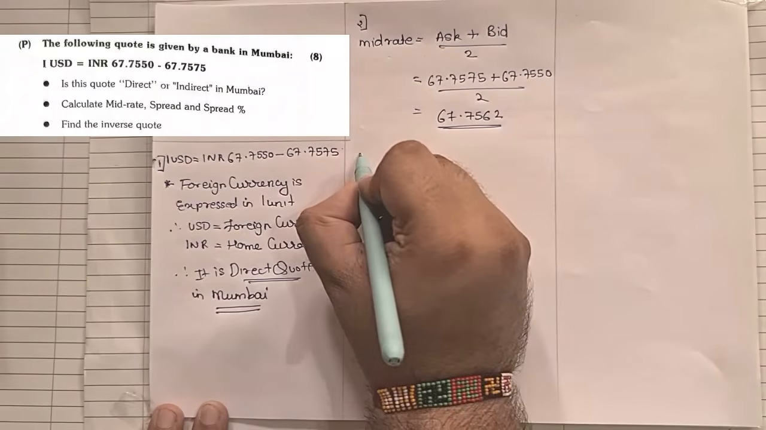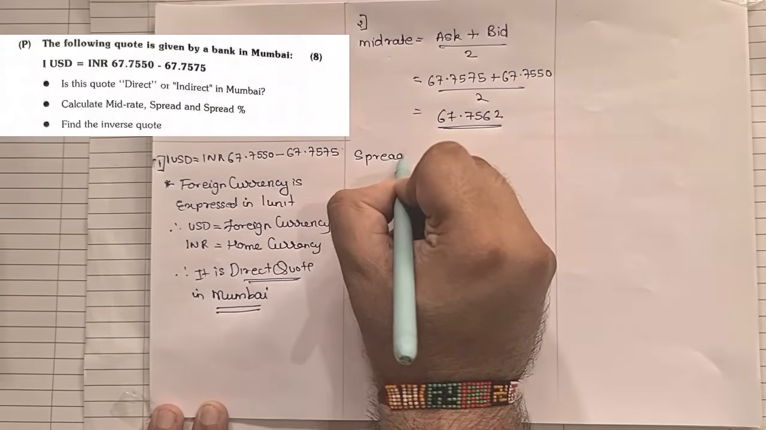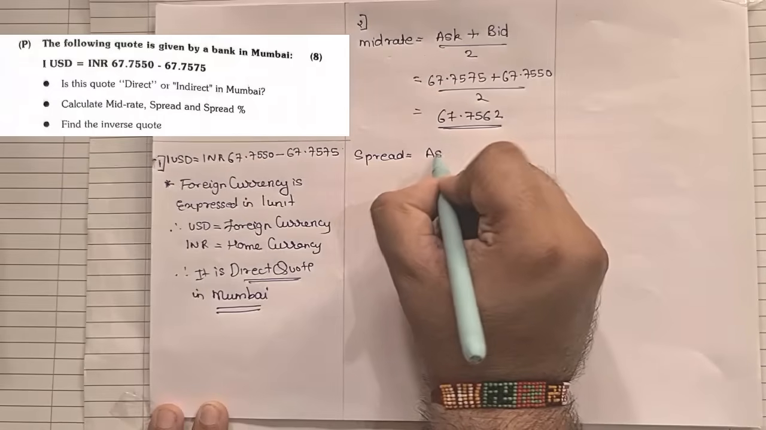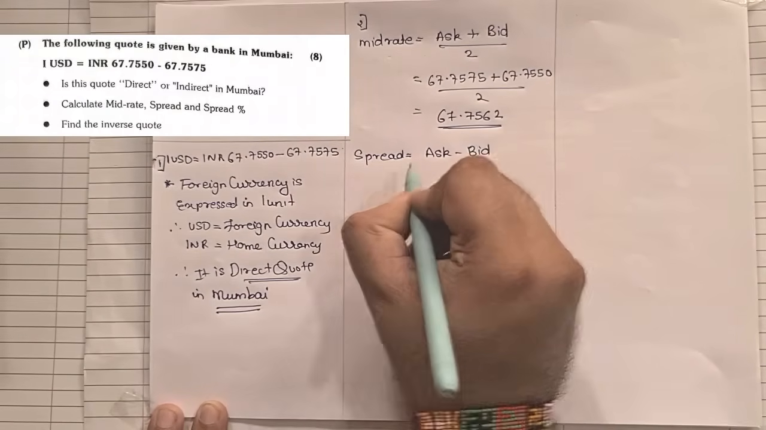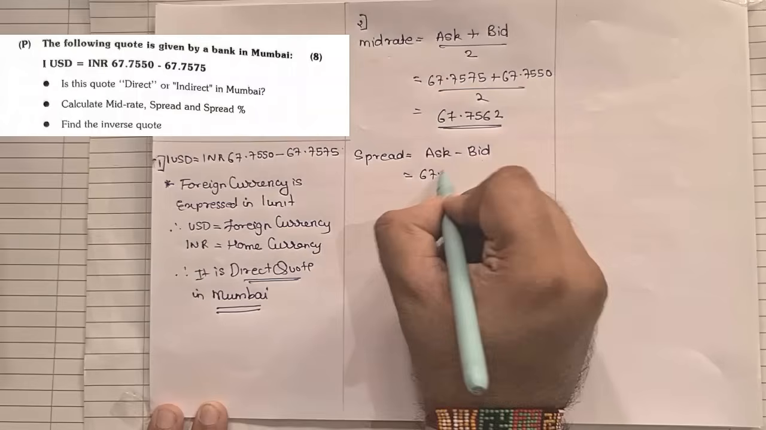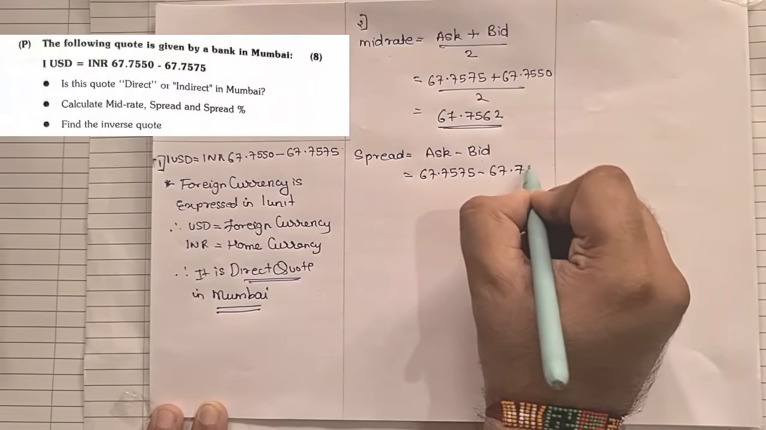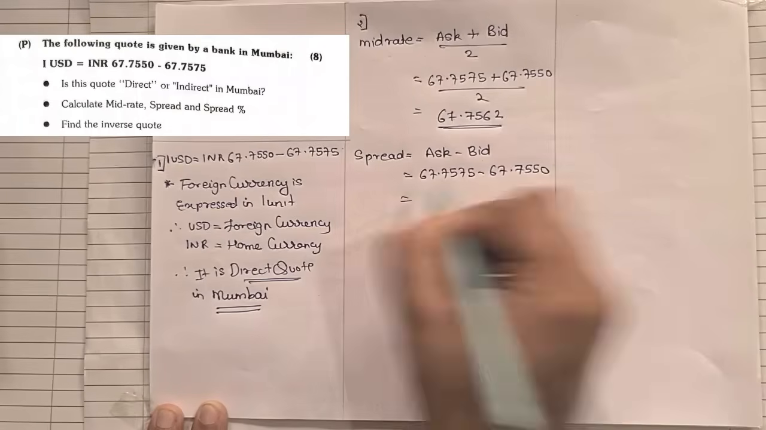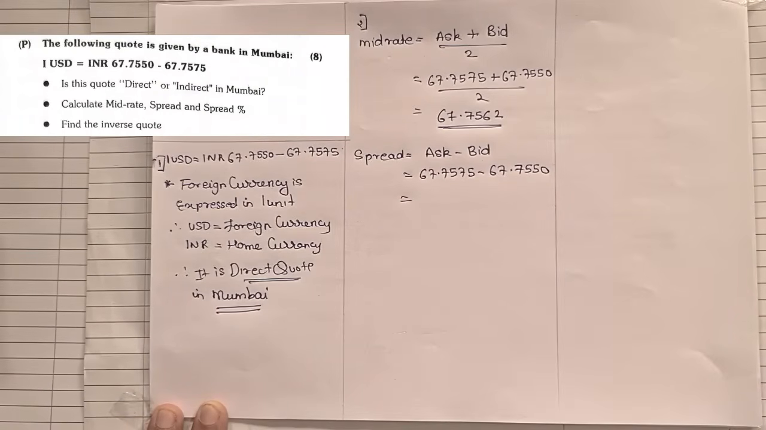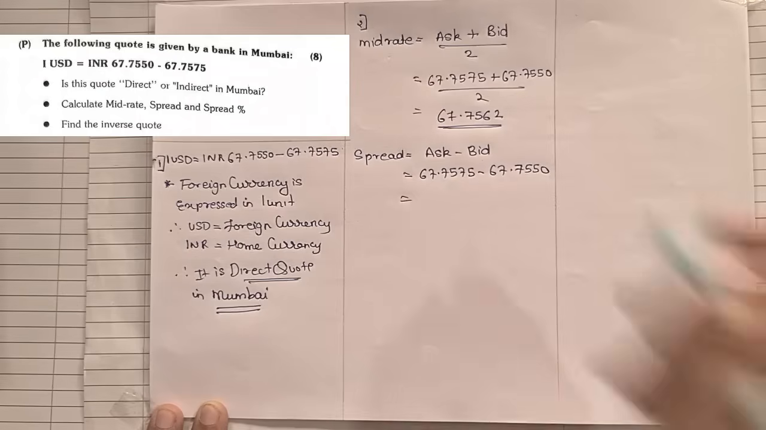After mid, they ask you to find the spread. Now the formula for spread is ask rate minus bid rate. So ask rate was 67.7575 minus bid rate 67.7550. So 67.7575 minus 67.7550, we will get the value as